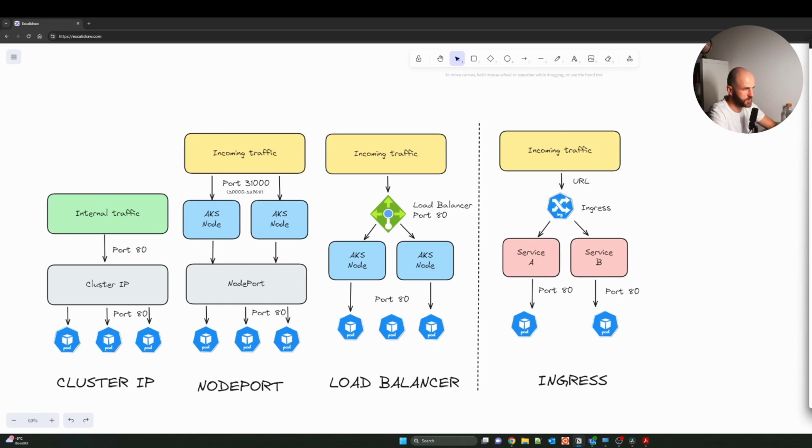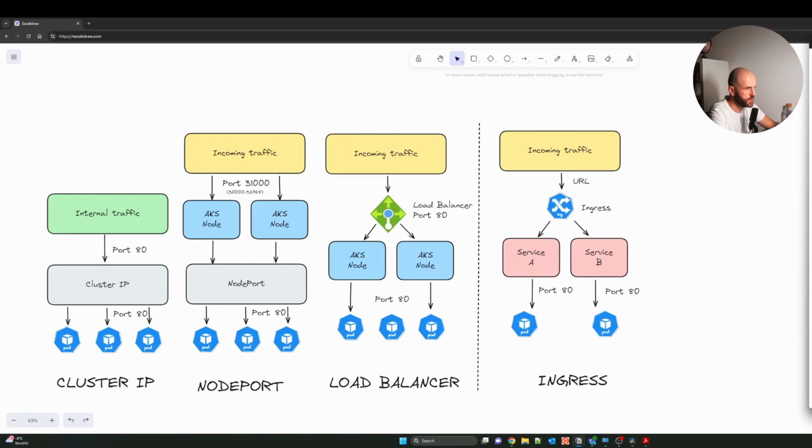To begin with, the load balancer is going to expose workloads outside of the cluster, like NodePort, but with a dedicated external load balancer. So in AKS, if you use a service type load balancer, it will create an Azure load balancer resource, configure an external IP address, and connect the requested pods to the load balancer backend pool. It can be good if you have one application, but the problem is that for each application, you're going to use an Azure load balancer. It can be very expensive.